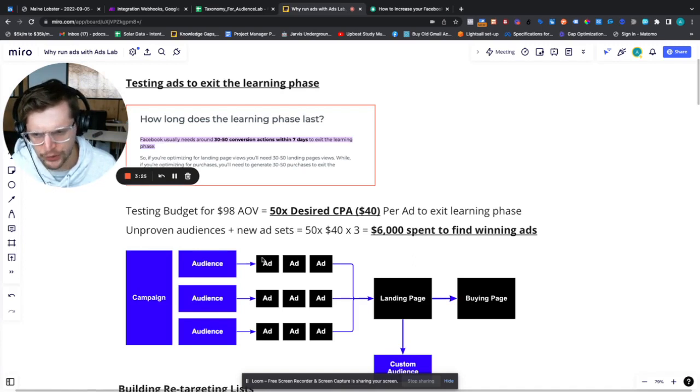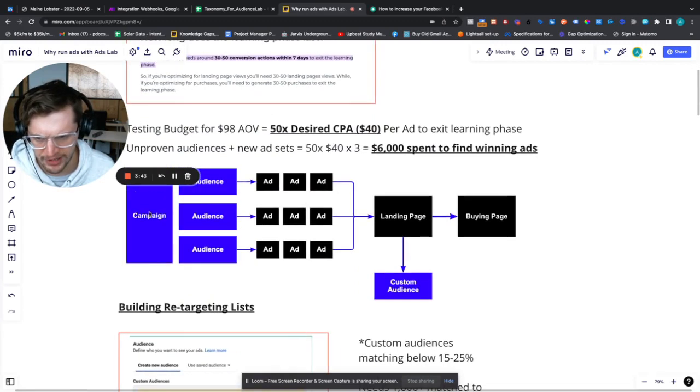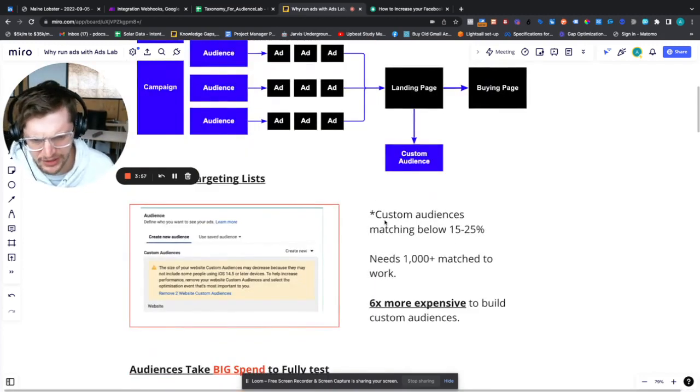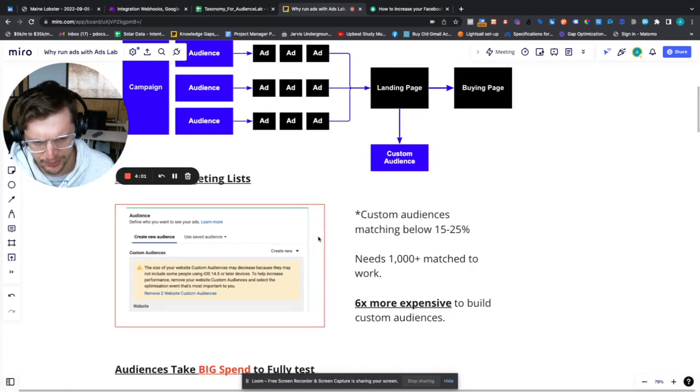Now, what people usually do is, let's say it's a brand new campaign and it's top of funnel, which means it's the first ad that people see. The sales will come from the middle of funnel and the bottom of funnel, which means the retargeting campaign. So you'll have a campaign, your audiences, you run ads, and then anybody that didn't buy, you'll build custom audiences, and that's where the sales come from, right? When you see these guys flexing massive ROAS, it's usually from the retargeting campaign. iOS 14 has made this so much worse, but it was pretty bad to begin with.